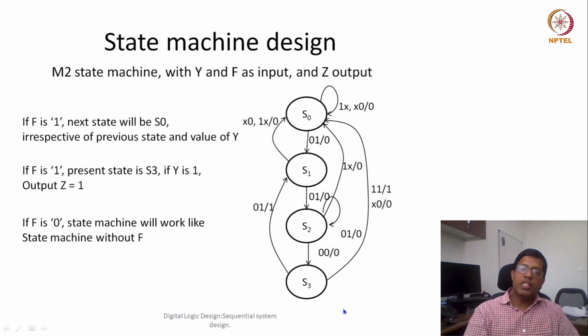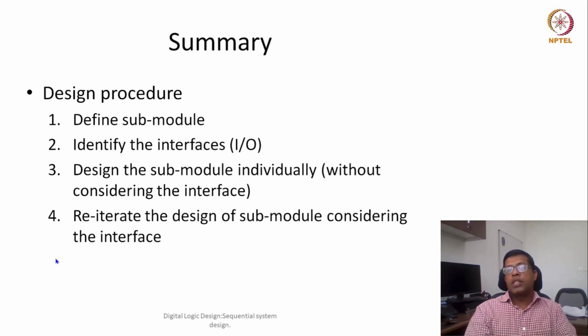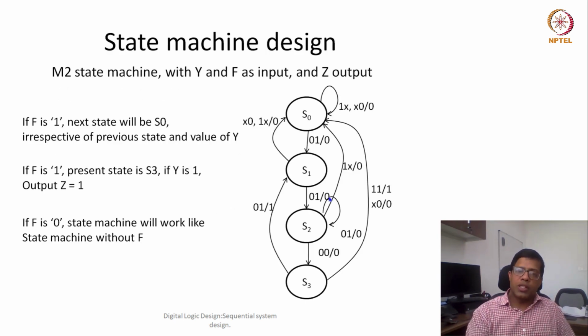Since we had already designed the state machine without considering f, it was a little easier in this case to redesign it and rethink the scenarios, what would be the impact of f, and then redesign the interaction. So this is how we would design if there are multiple state machines or multiple submodules. In summary, what advantage have we got by designing these two state machines independently? First of all, the total number of states has been reduced from 1024 states to 256 plus 4 states.